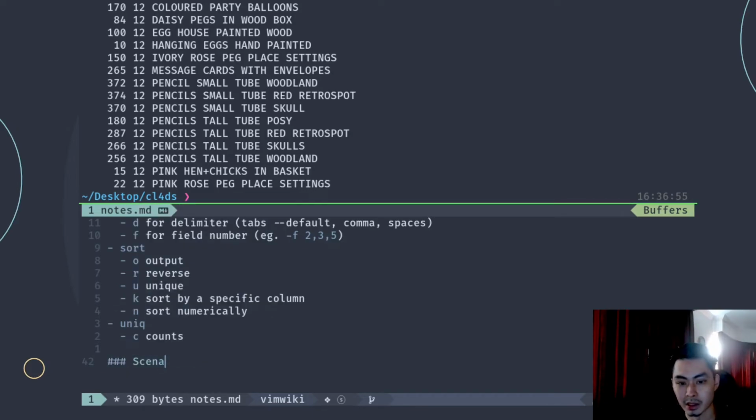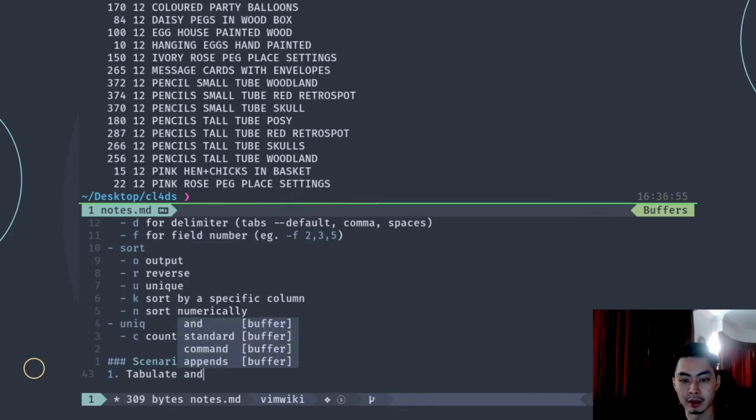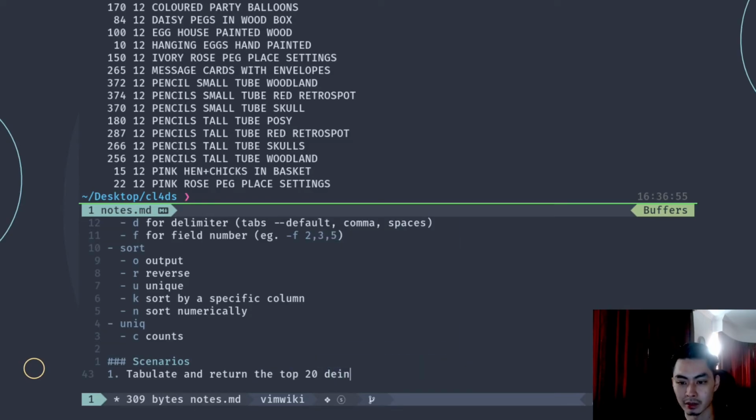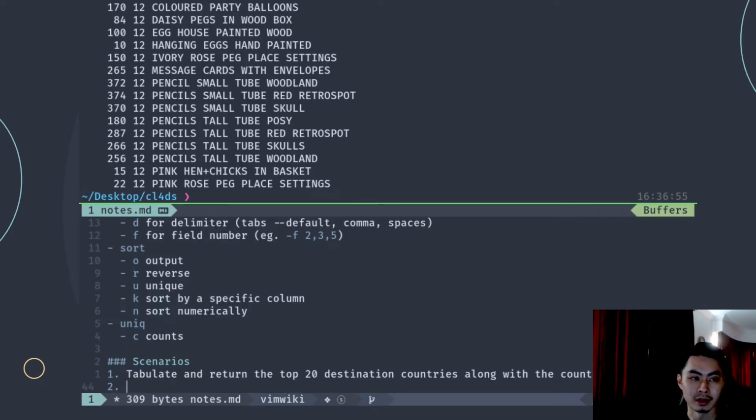Now let's work on some scenarios. Scenario number 1. I want you to tabulate and return the top 20 countries or destination countries along with the counts. This is a big hint. We just learned that. You should know how to do that already. It's a very big hint when you see tabulate and return along with the counts. You should know what to do. So try that. Then the second scenario is,